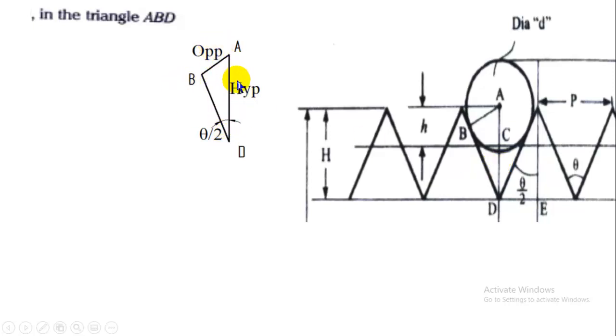We know sin theta is equal to opposite by hypotenuse. So if you want to get AD, we need hypotenuse by opposite, that is cosecant theta, we will get it. So AD equals AB cosecant theta by 2. Here AB is in the denominator. When we send it to the other side, it becomes AB into cosecant theta by 2. And we know that this AB is the radius. So the radius we can write in terms of diameter, that is d by 2. That's why this equation will be d by 2 cosecant theta by 2.